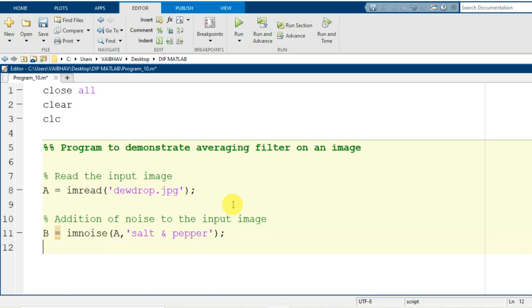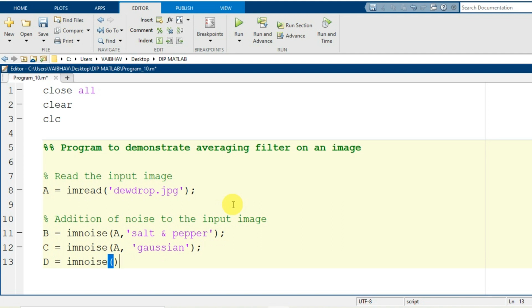Let us see the addition of other types of noise as well to be tested in this implementation. For that purpose I am again going to use imnoise, where the input argument is capital A, and the second type of noise that we are going to test here is Gaussian. After addition of the Gaussian noise, we move further to generate one more noise affected image with again imnoise.